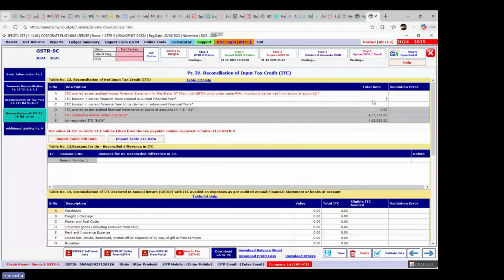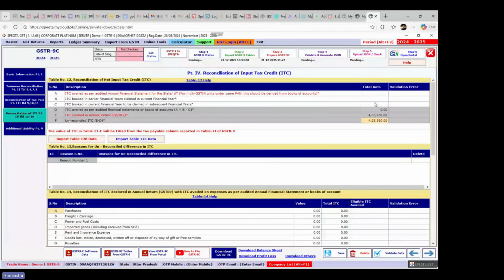तो यहां पर फिर डिफरेंस अगर आप यहां पर भी डाल दोगे कि पिछले साल की आईटीसी इतनी थी, तो उस केस में आपको नीचे डिफरेंस दिखने लगेगा। तो इसके लिए लोगों ने गवर्नमेंट को रिप्रेजेंट किया, and government issued the clarification in form of FAQ। गवर्नमेंट ने क्लैरिफिकेशन इशू किया कि अगर आपने 9 में ऑलरेडी 6A1 में रिपोर्ट कर रखा है, तो 9C में चूंकि ये ऑलरेडी एडजस्ट होके फिगर आ रही है, तो यहाँ पे 9C में डिफरेंस दिखने लगेगा। If you find any unreconciled, मतलब ये जो डिफरेंस है it is artificial difference, actually not existing,